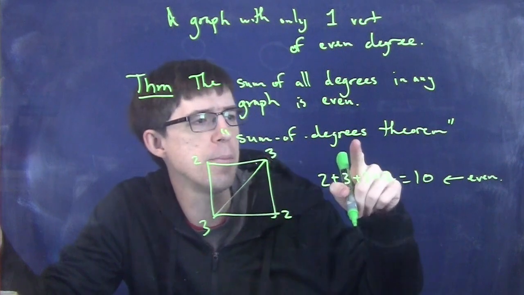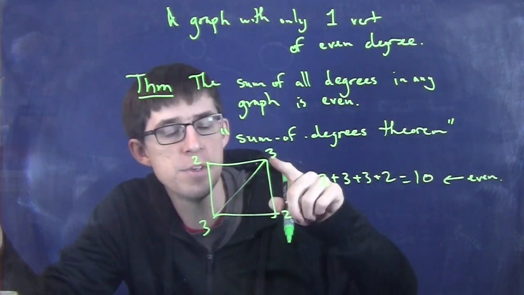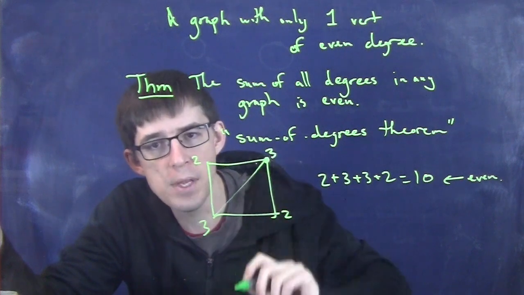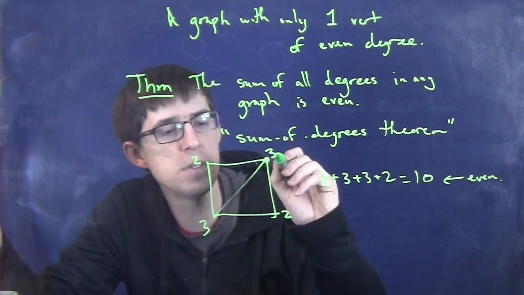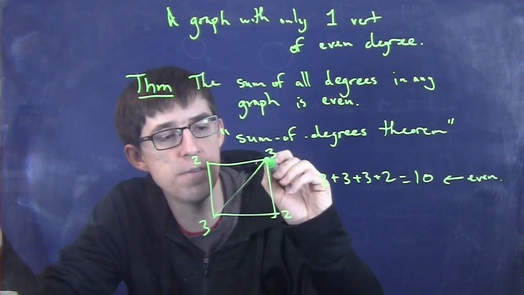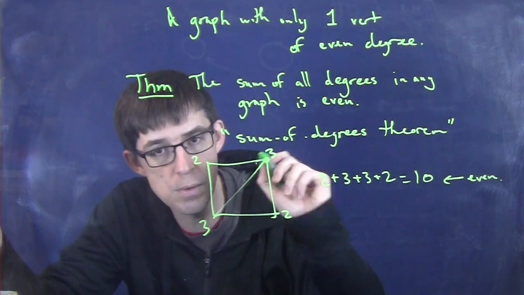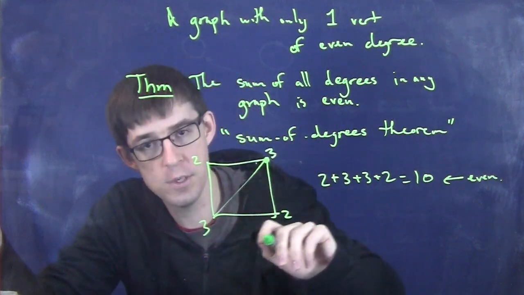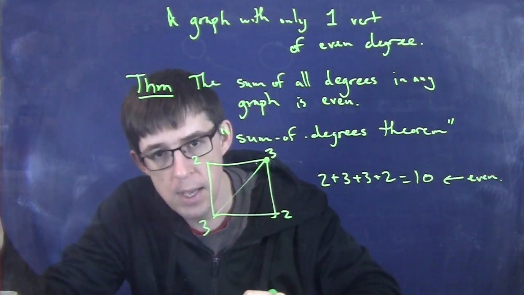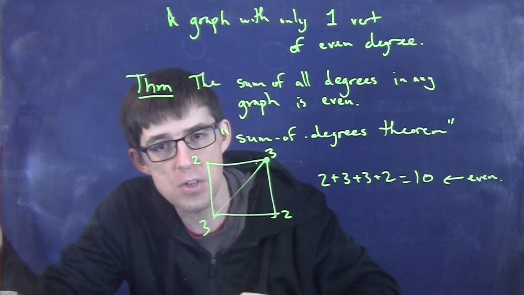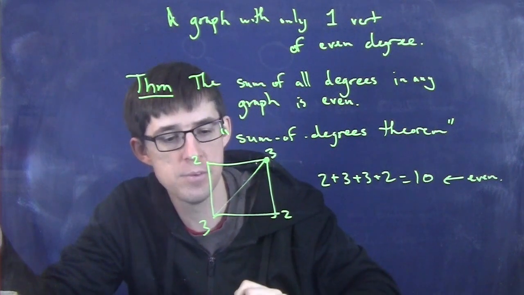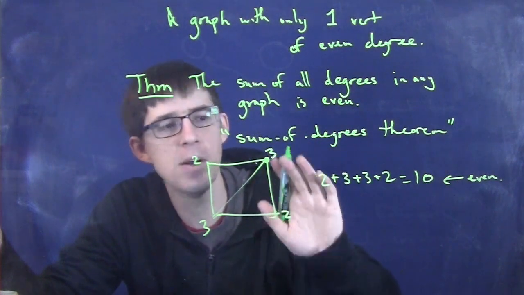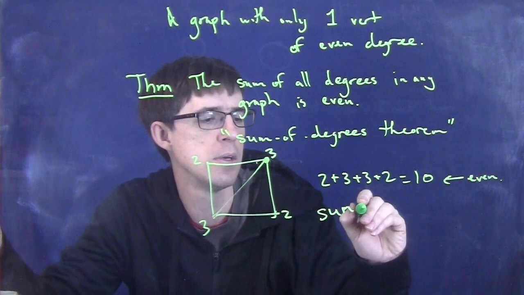Why must it be that the sum of the degrees is always even? Check it out. The degrees count how many ends of edges are going into each vertex, right? This is degree 3. It means 3 ends of edges go into this vertex. If I were to add together all the degrees, I would be counting how many ends of edges there are in the entire graph. Just going into this one or this one, doesn't matter. Going anywhere, how many ends of edges. The sum of degrees,